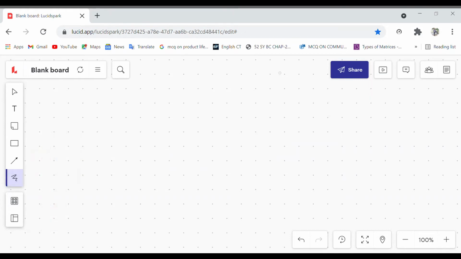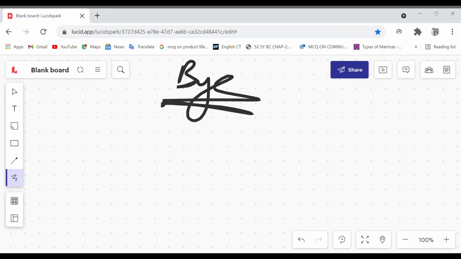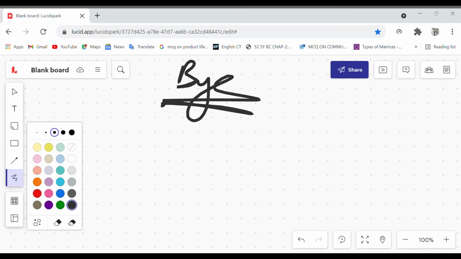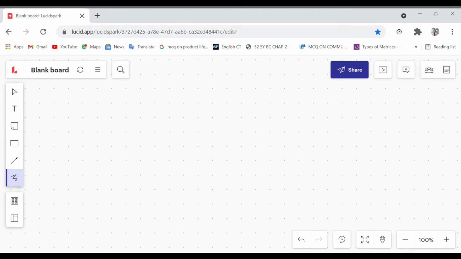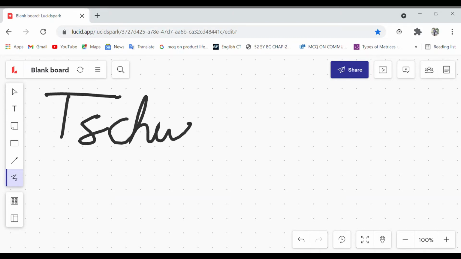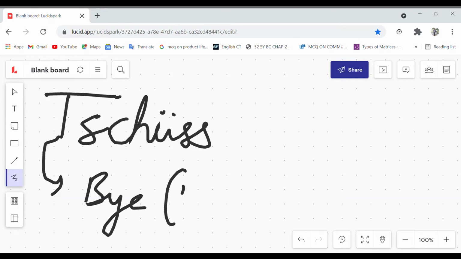So now comes bye. What do we write for bye in German? So the word is this, Tschüss. When you want to tell someone bye in a formal manner, then the word is Tschüss.